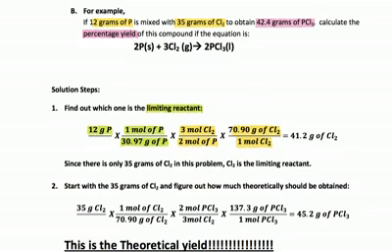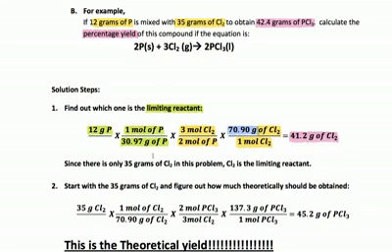Now, I want you to pay specific attention. I didn't use 35.45 because that's the mass of just one chlorine atom. I did twice that, or 70.9, whatever your periodic table says. Because it's Cl2, you have to multiply it by 2 to get the molar mass. And when you do so, all these units cancel and you're left with grams of chlorine. What this is telling you is how much chlorine you need to react with 12 grams of phosphorus. So it's saying I need 41.2 grams of chlorine, according to this balanced equation, to react with this 12 grams